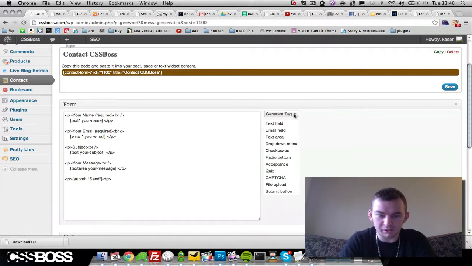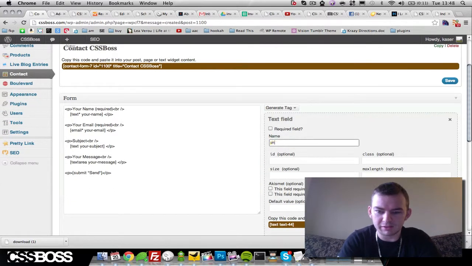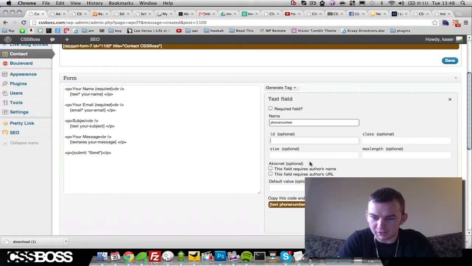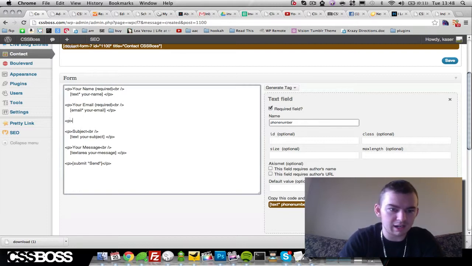If you want to generate an extra tag, let's say you want to collect somebody's phone number, you come down here to Generate Tag and click on Text Field. Name it phone number, and you don't need to do any of this other stuff. If it's a required field, you mark it, and then you copy and paste this over to here. Now you'll need to at least copy the structure